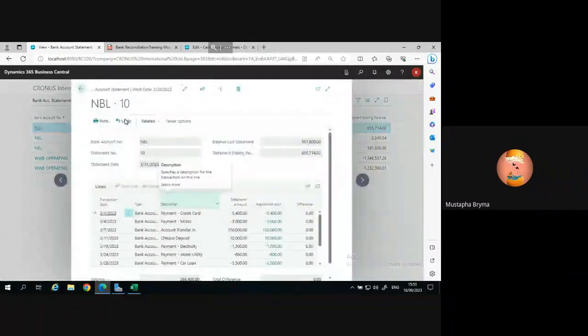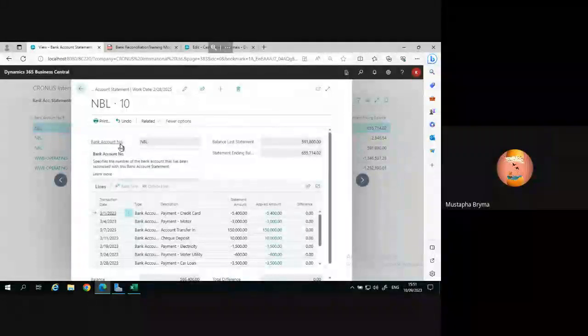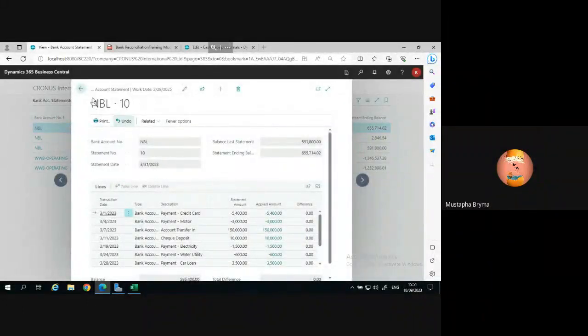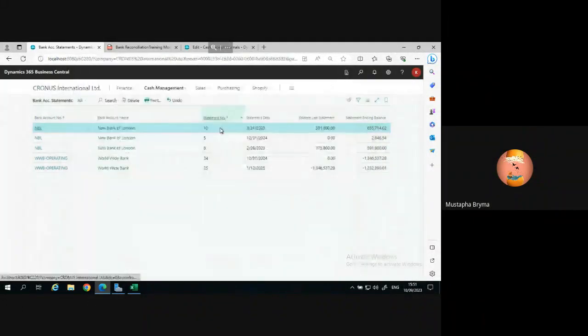So you see your undo function is there. Whenever you make mistakes and want to undo, you can always undo. So that's all for bank reconciliation. If we have questions,